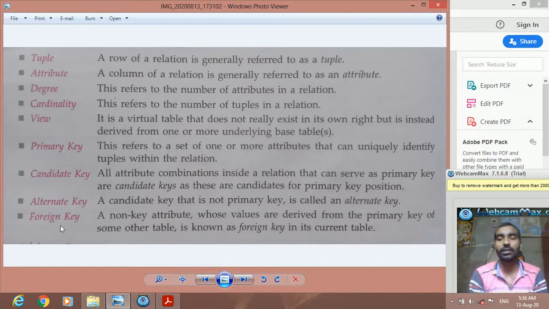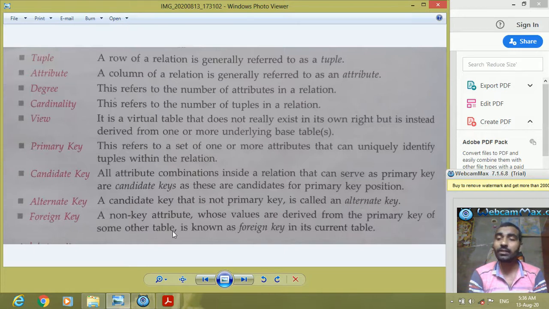Foreign key, this you have already studied. A non-key attribute whose values are derived from the primary key of some other table. It means when we establish a relationship, one table is the base table, that is the primary table, and another is the foreign table.